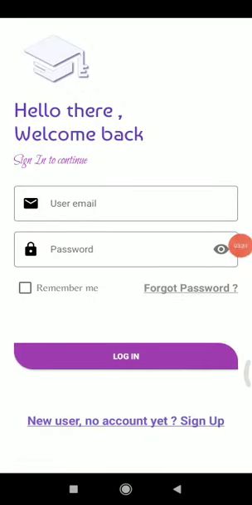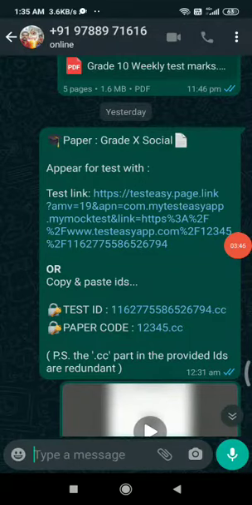You will get the link to attend the test in WhatsApp or mail. Mostly the link will be sent in the WhatsApp group only. So how to attend it, let me explain to you. Listen here. Here it is.